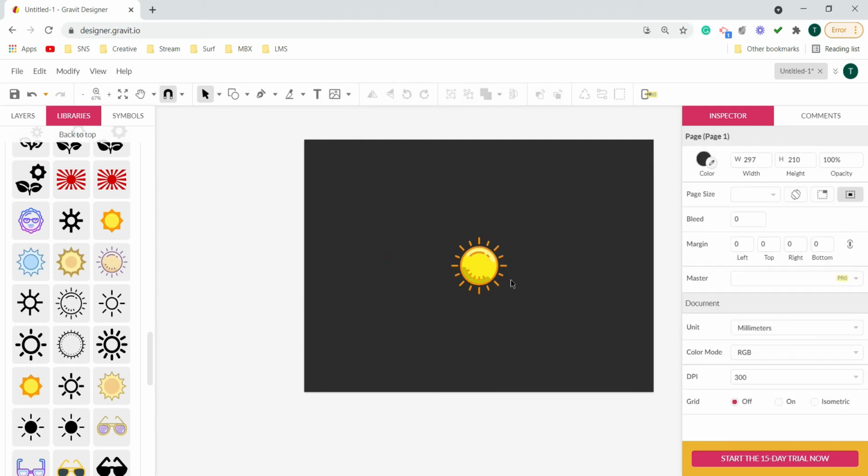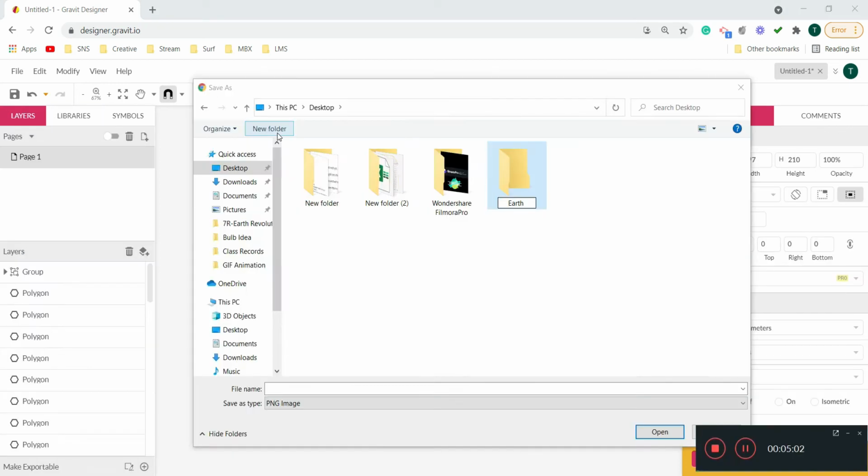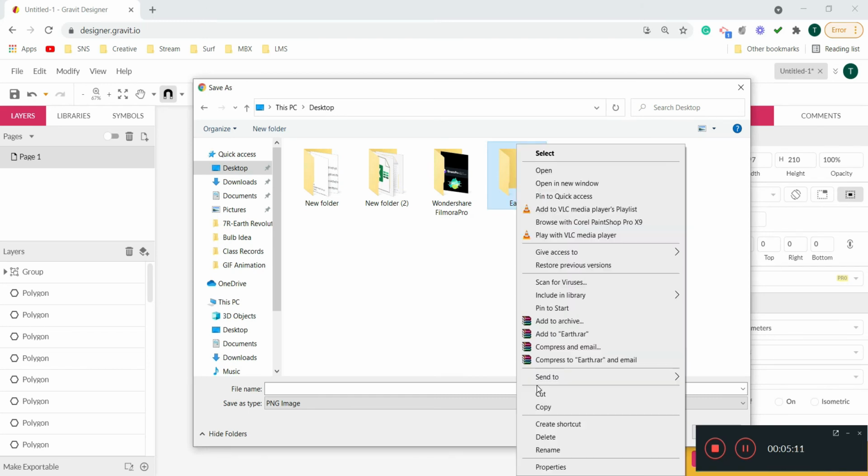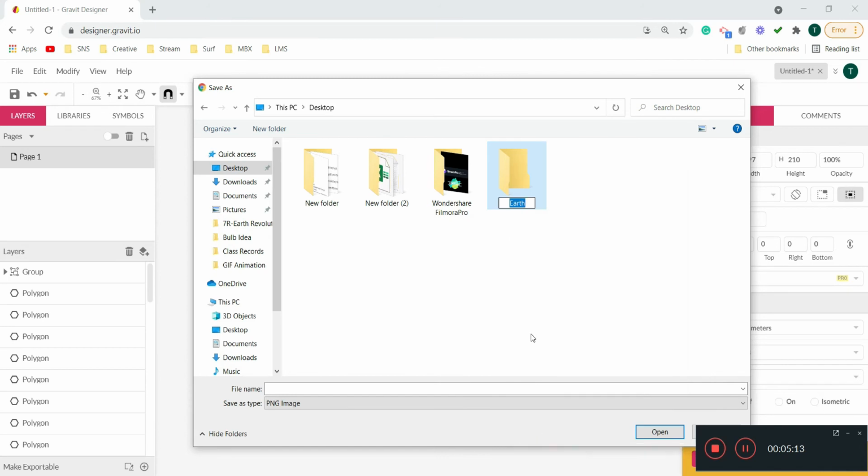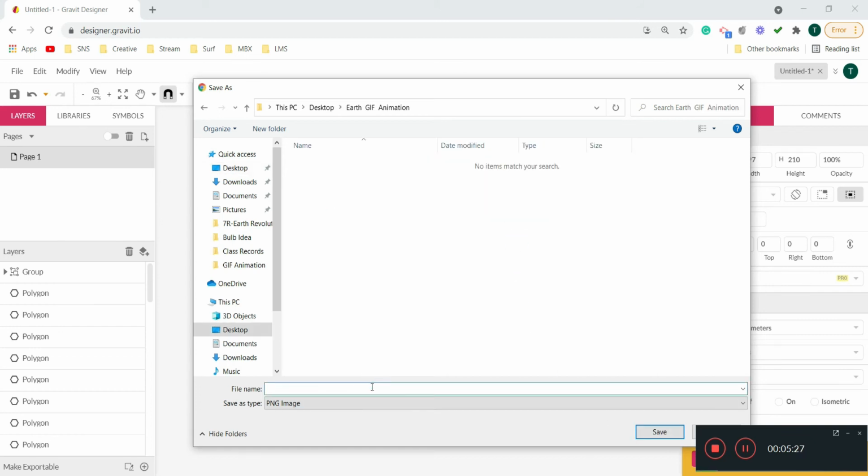So if at any point you feel like that GIF mesh, and I will just give the image name as one.